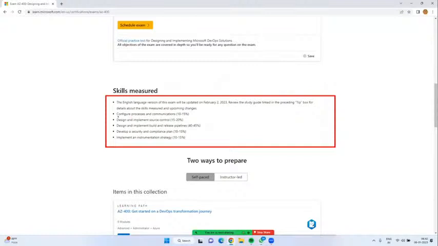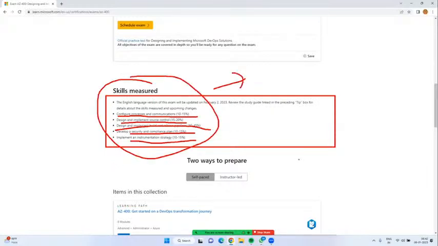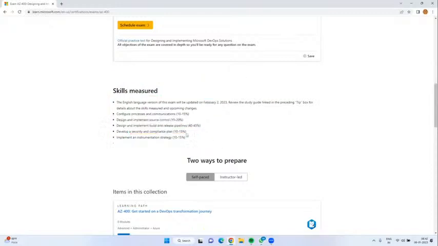What is it saying? Configure processes 15%, designing and implementing source control 20%, release management 45%, security and compliance 15%, instrumentation strategy 15%. This is the syllabus of Azure DevOps.